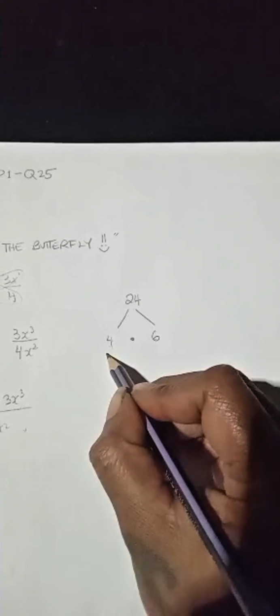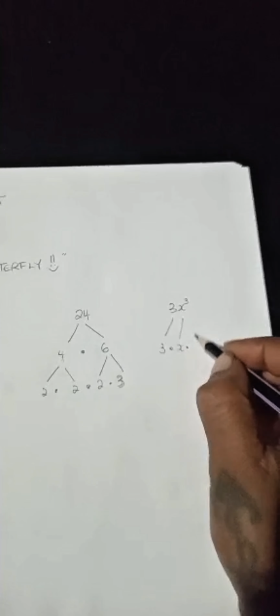However, 4 and 6 are composite, so we need to further break them down to their prime factorization. And we're good here. Then for the 3x cubed term, we have 3 and x cubed, that is 3 x's